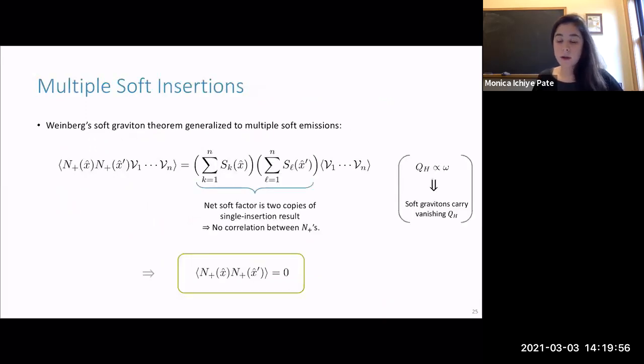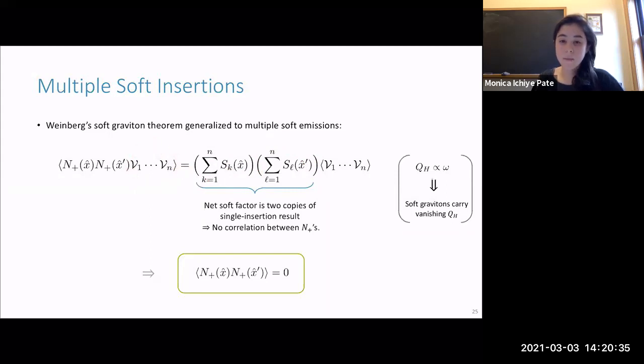And the final thing to ask is whether there need be any correlations between multiple symmetry generators or soft gravitons. And to deduce that, one studies Weinberg's soft graviton theorem, but generalized to multiple soft emissions. In particular, what one finds if you have two soft emissions is that the ultimate soft factor is just the product of two of the soft factors, where these only receive contributions from the other particles participating